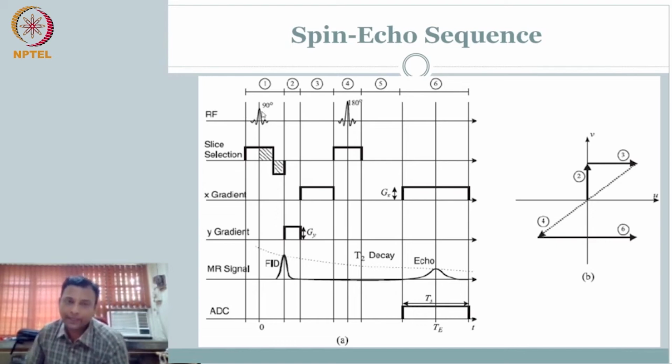Nothing changes, so RF is the same. You do 90-degree. You do the slice selection. So you have picked your slice. Nothing new here. Once you pick the slice selection, you are getting some signal, but immediately I am applying phase encoding, and I am not recording the signal. The moment I apply phase encoding, I start frequency encoding. However, I am not